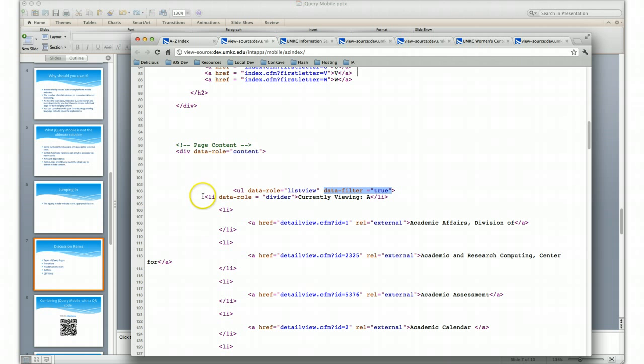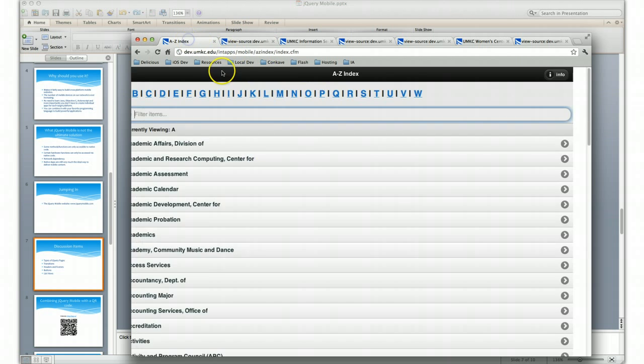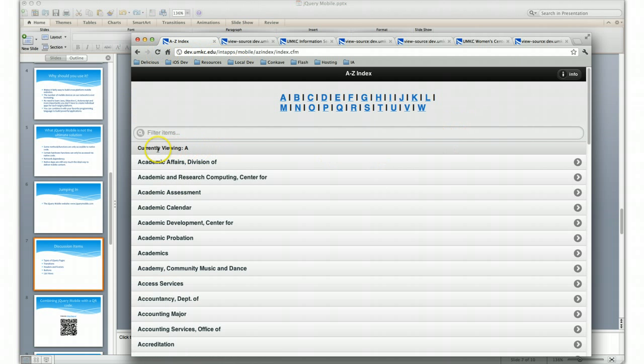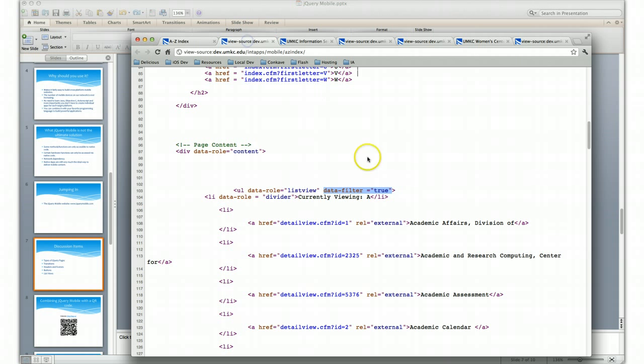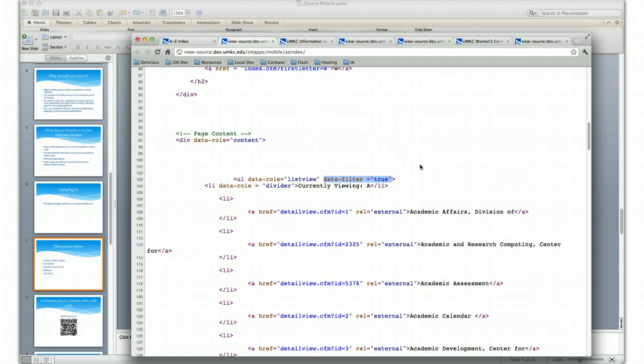You'll also notice that I've got an item here with the data-role of divider. Let me just reload this page real quick. That's just to allow me to have this currently viewing text here that is an item that won't be filtered. It's just there so that it's a nice indicator as to what the user is actually looking at. So that's it. That's all you need to do to implement a filterable list view or table view, is include